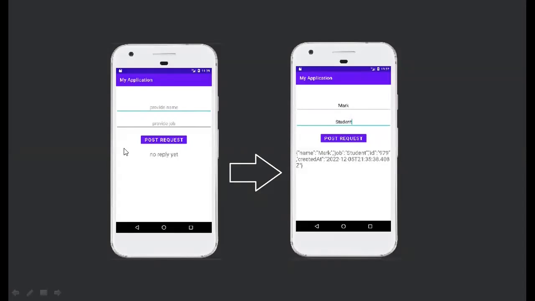What you see here on the left side is the application, how it looks when you first start it. It has two edit texts or plain text views. This is the first one for providing a name and the second one for providing a job. Then you press the post request and there is a request sent to the server, and the server will reply,